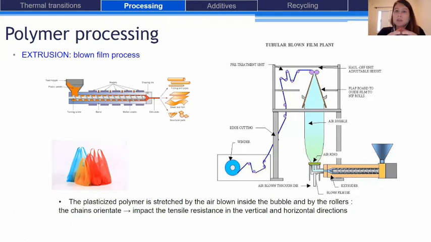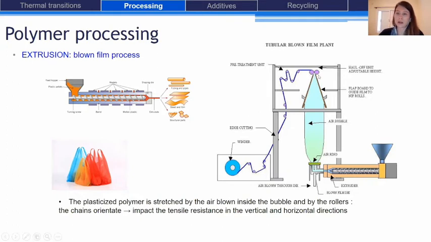We have first the pressure of the air that increases the diameter of the bubble, and when this occurs, we have polymeric chains that get oriented along the circumference of this bubble. At the same time, we have two rolls at the upper extremity of the bubble that push this film to be stored on the rolls,